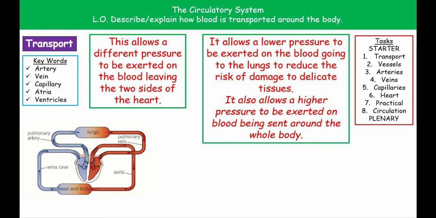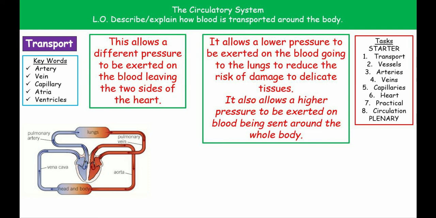because when we're pumping the blood to our lungs, we don't want that to be under really high pressure, because that tissue around the lungs is actually very delicate, and if we pump the blood under very high pressures in through those tissues, we cause a lot of damage. So what we do is we pump the blood from the right hand side of the heart under a lower pressure, because it's only going as far as your lungs, which hopefully we know are pretty much right next to your heart in terms of your locations in the body, and it's going to reduce the risk of damage to